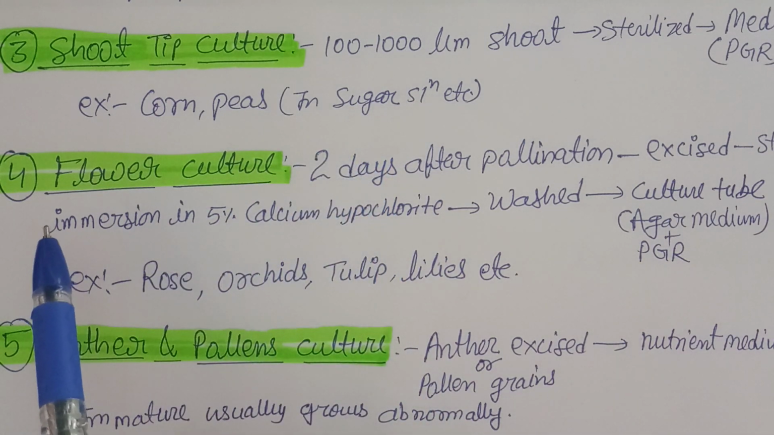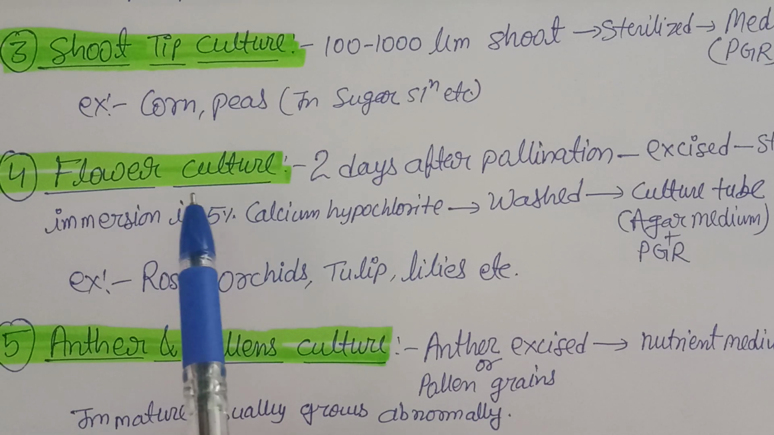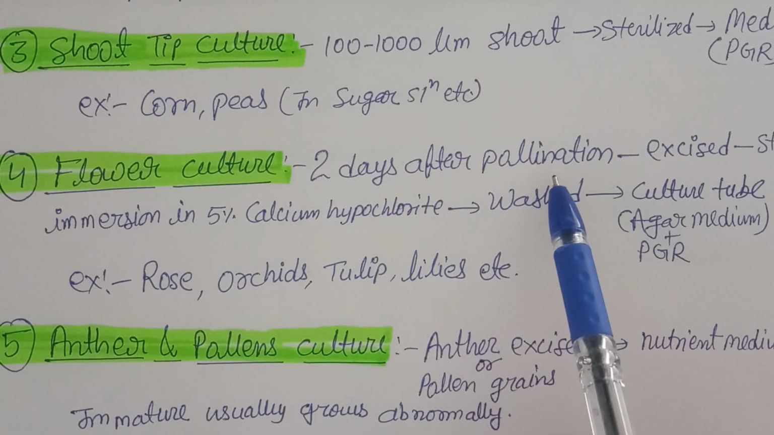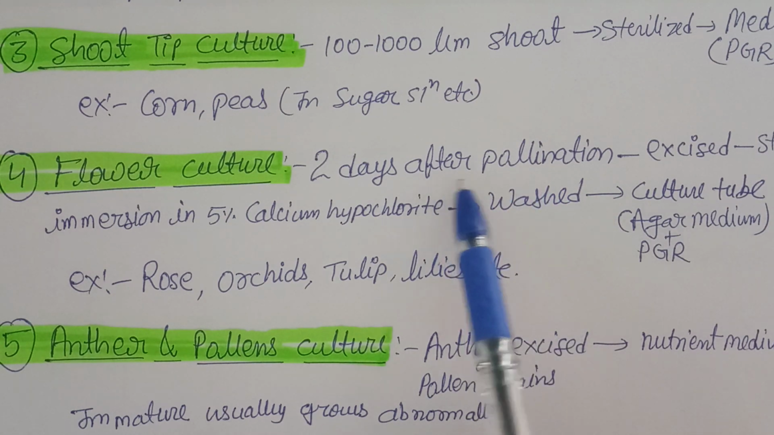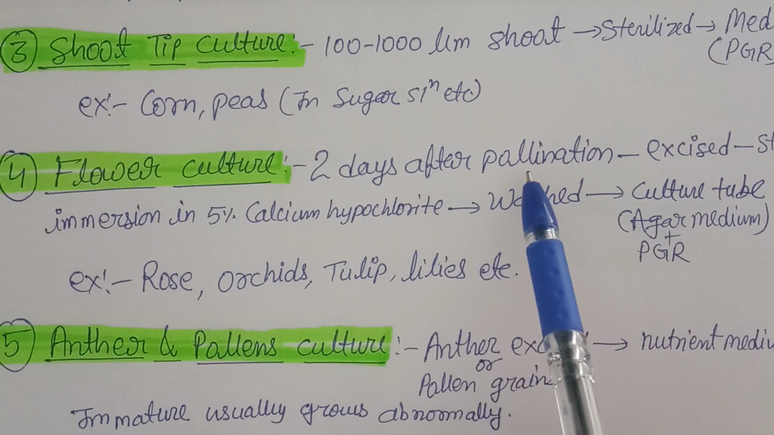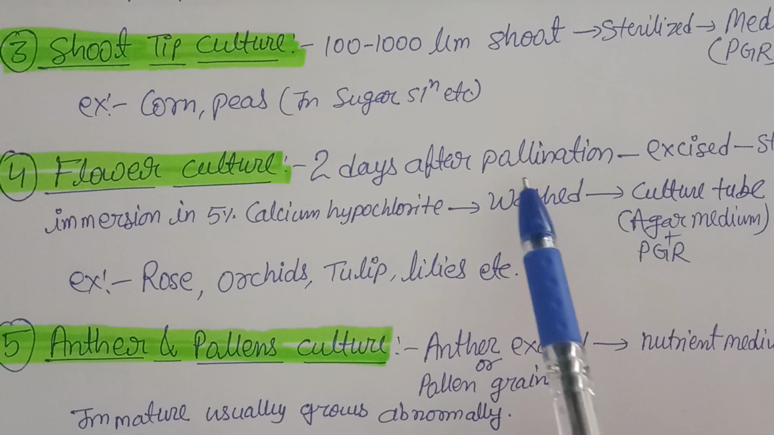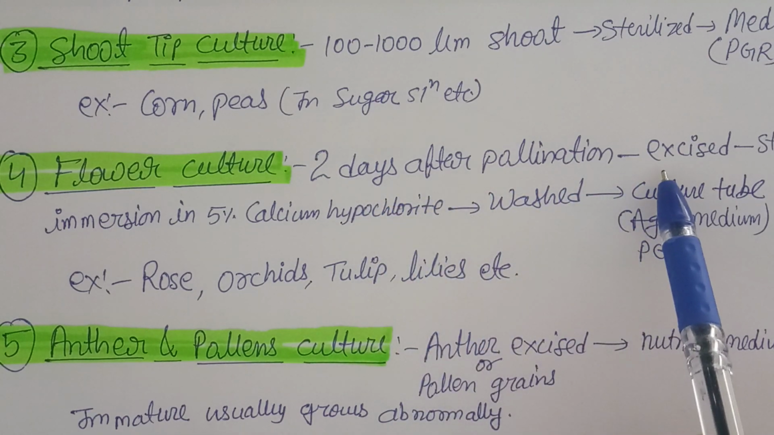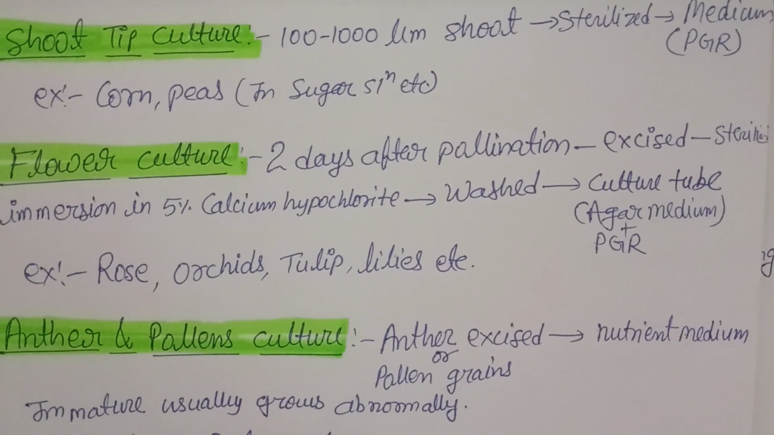The fourth one is the flower culture. As the name indicates, we are going to culture flowers, and we are going to get the plants 2 days after pollination. What is the exact time of the collection or excision of the flower? We have to find out the pollination period, or the time when pollination has been completed. After 2 days, we excise the flowers, and again we are going to sterilize them,